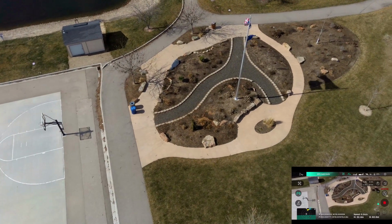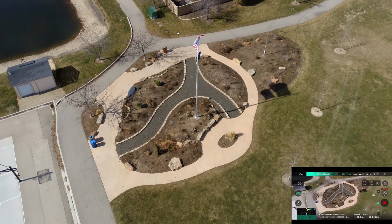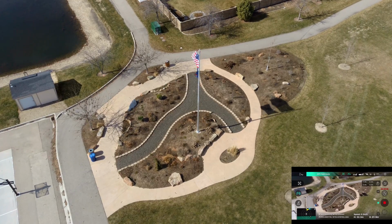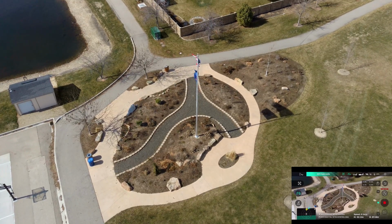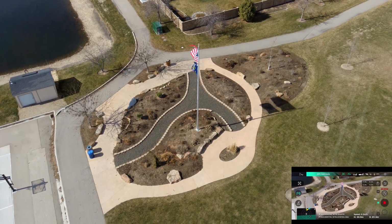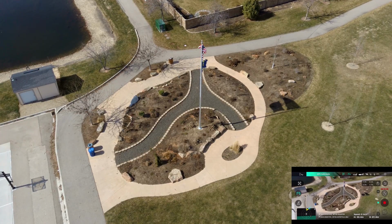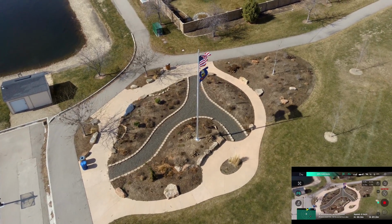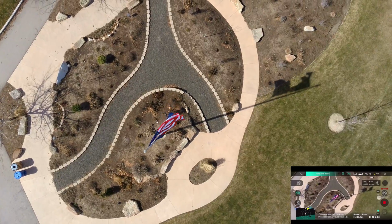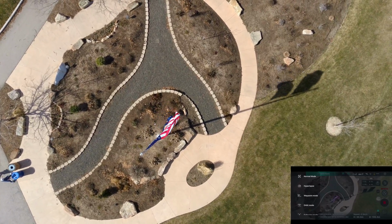What I was trying to do there was lower the altitude, so you got just kind of a better picture of the flag. But the thing is, you can't go too low because there's a lot of trees and stuff around here. I don't want to get too carried away, and there's a house right next to it, I don't want to encroach on them. So maybe we can try that again here. That's pretty darn close. Okay, so let's go back in there to orbit mode,